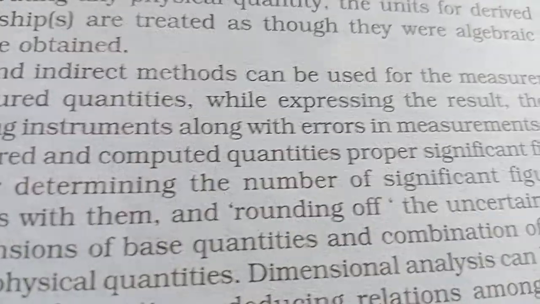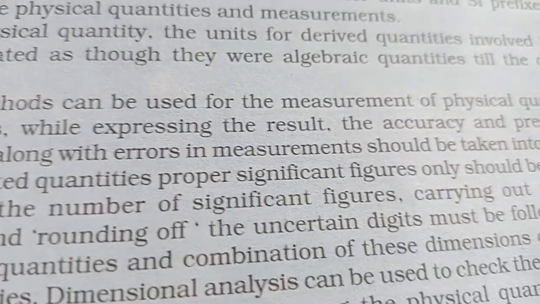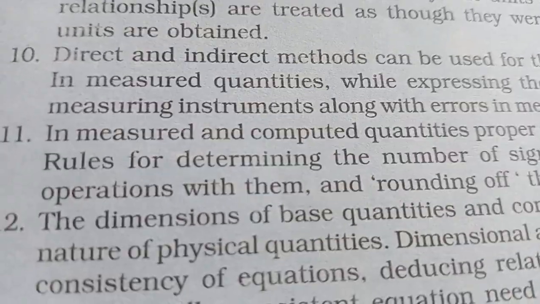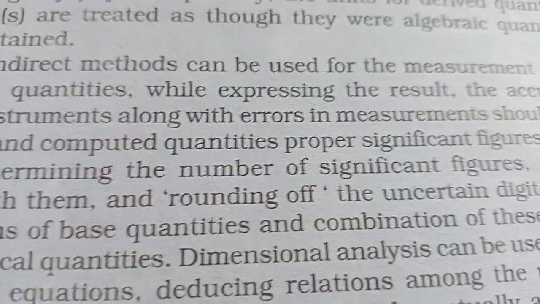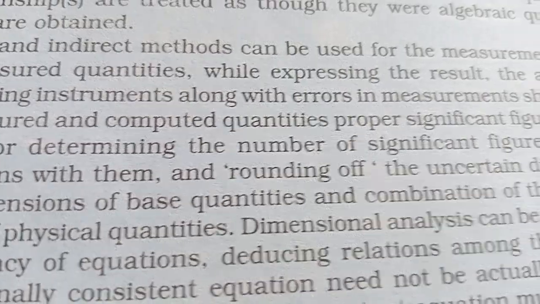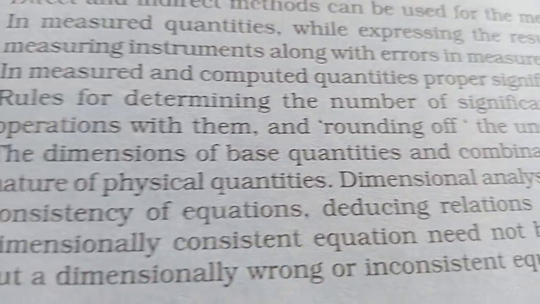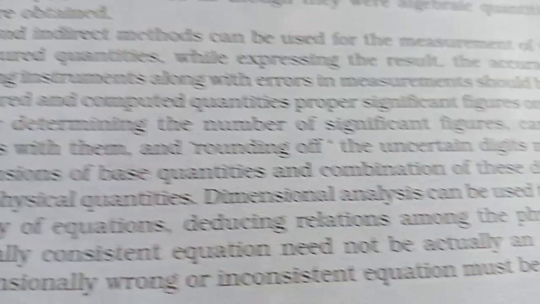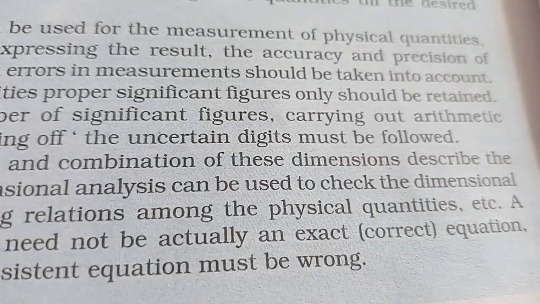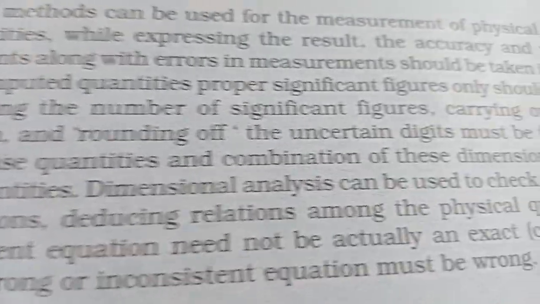Direct and indirect methods can be used for the measurement of physical quantities. In measured quantities, while expressing the result, the accuracy and precision of measuring instruments along with errors in measurement should be taken into account. In measured and computed quantities, proper significant figures only should be retained. Rules for determining the number of significant figures, carrying out arithmetic operations with them, and rounding off the uncertain digits